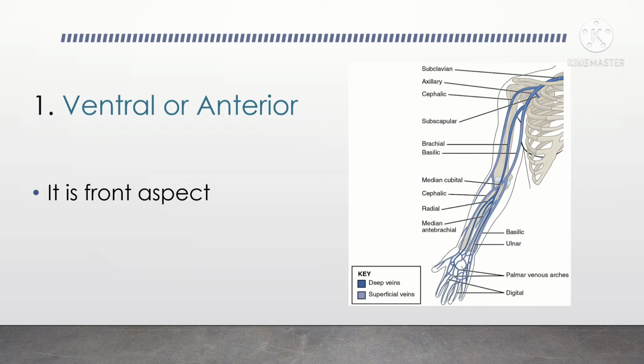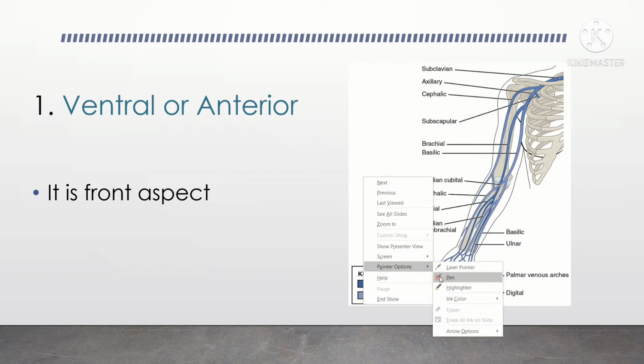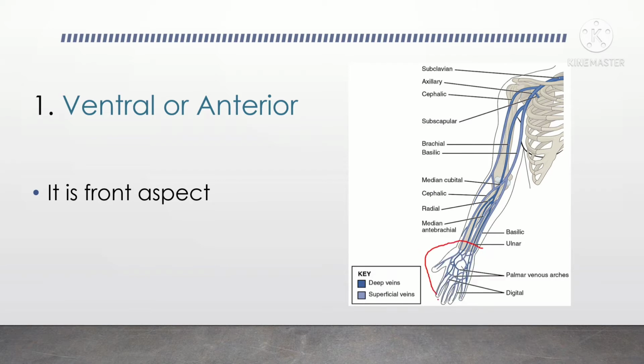As you can see in this diagram, the palm is facing forward, which we saw in the first slide. The palm should face forward. So this is the anatomical position. Whenever the palm is facing forward, it determines it is the anterior position. When it comes to the chest region, you can easily identify by seeing the clavicle or the sternum.